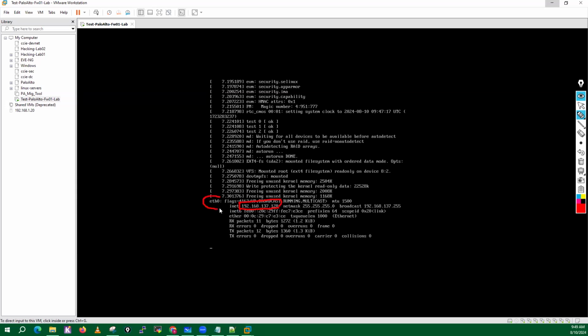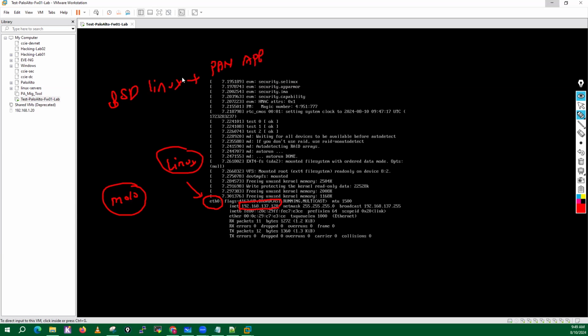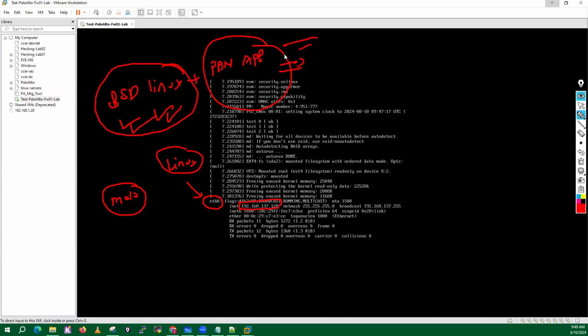And right now ETH0, right? Generally you have interfaces like M0x0 on PAN-OS. ETH0 is an interface which you have at the Linux level. And as I have told you, the Palo Alto operating system is a combination of BSD Linux plus PAN-OS or PAN application. So as I have mentioned, first it will start the BSD Linux. Once all the processes start here, then you will see it start the PAN application. Once your PAN application is started,